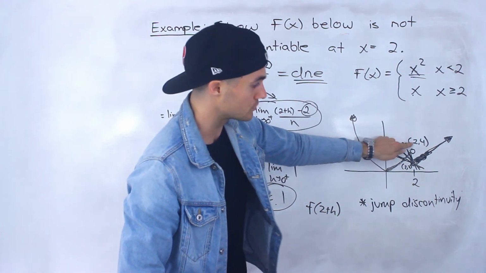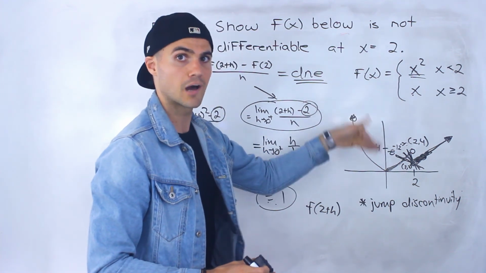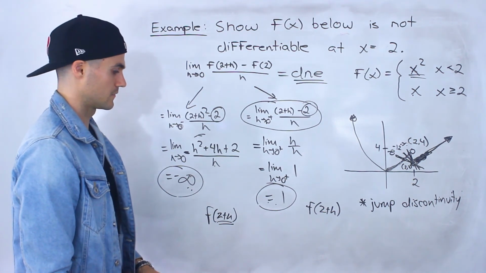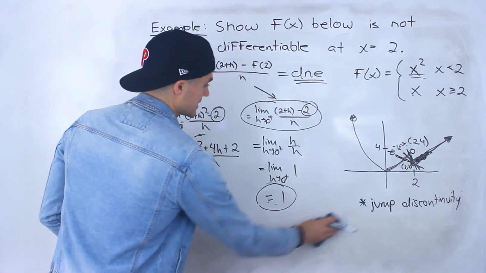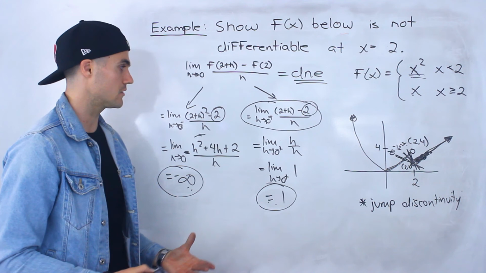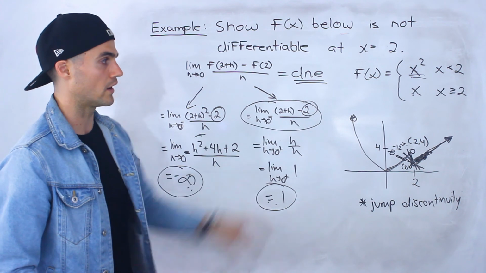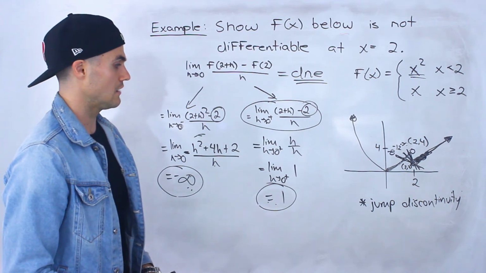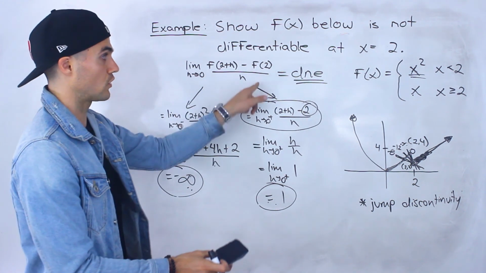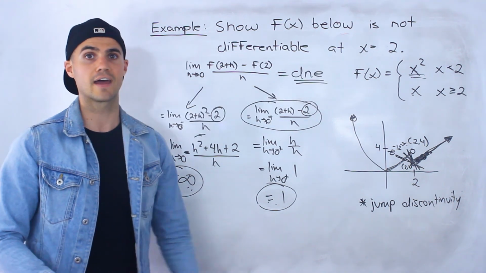As this other point goes closer and closer to that x value 2, that slope is going to continue becoming more and more negative, hence why it's going towards negative infinity. So that's the intuition of where we're getting these 2 values. Again, not as important, but I just feel like it'll deepen your understanding of what is actually going on. But nevertheless, we got these 2 one-sided limits with different values, which means this overall limit does not exist. So we prove that this function here is not differentiable at that x value of